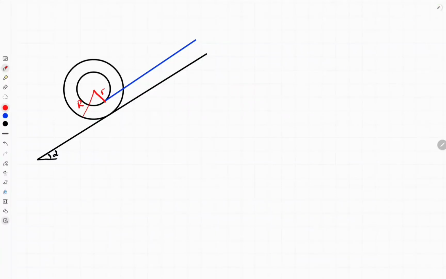So we have a system as shown in this figure. We should find acceleration of the cylinder. So let's start with the free body diagram. Downward we have its weight, and we have a normal force, we have a tension in this direction, and we